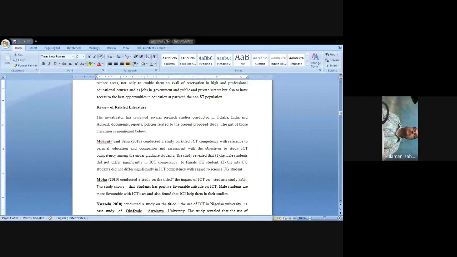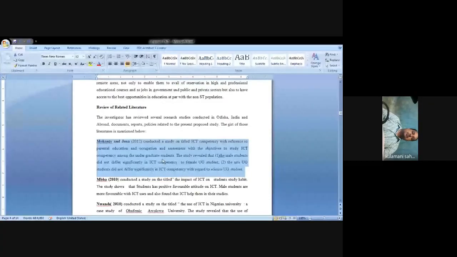Here I have highlighted how we can review a piece of work, research work done by a researcher or previous research works. For your kind information, you can refer to the name of the researcher followed by the year and the topic of the research that they have conducted